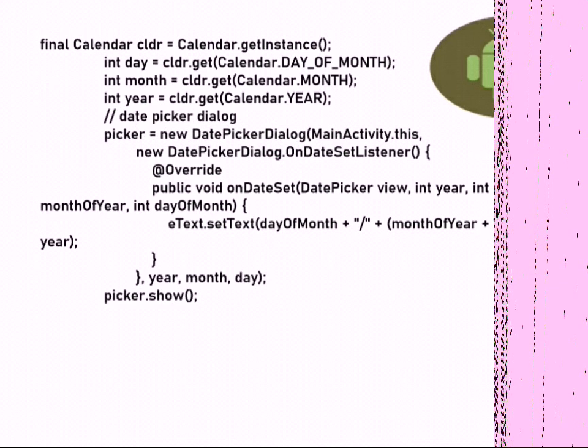When you choose to call it with the help of a Java class, you have to use the Calendar instance. With the help of the calendar instance, you can easily get the day, month and year. After getting all of these, you call your DatePickerDialog. Use the DateSetListener to invoke the onDateSet method, which will get all of your year, month and day and put it into the user view. Finally, the show method will help the dialog to prompt.